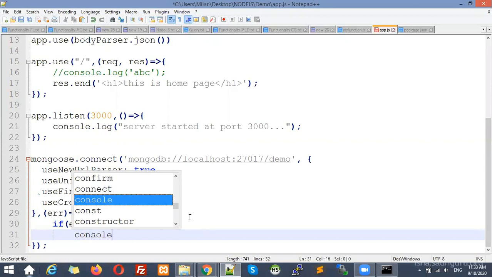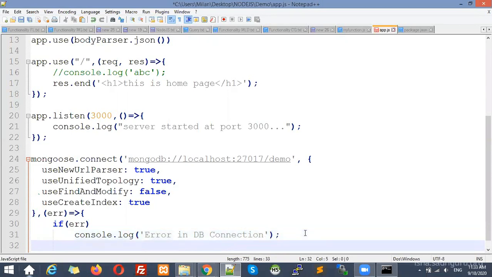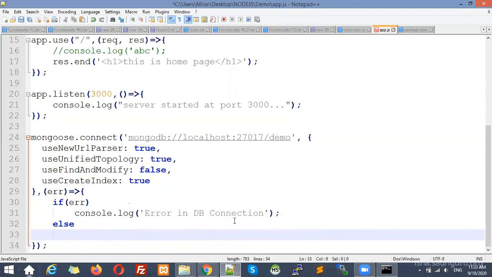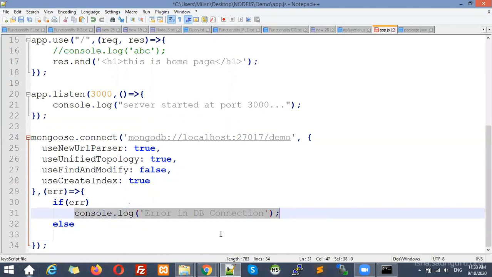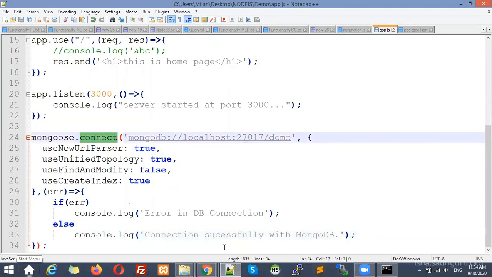Instead, we will print on console.log: error in DB connection. And if there is no error, then we will print the message: connection successfully with MongoDB. So if the database is connected, it will display this message. Otherwise, it will fire the other message.